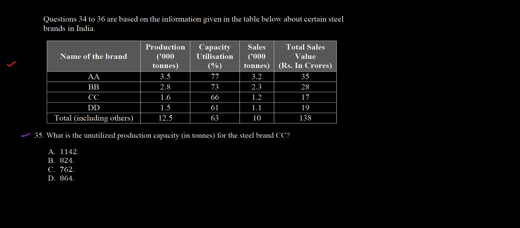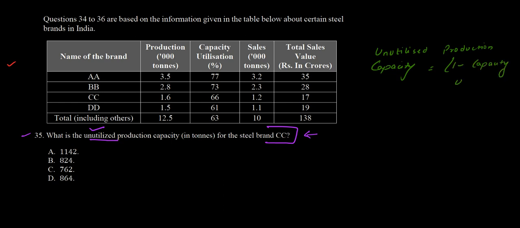Here the question says, what is the unutilized production capacity in tons for the steel brand CC? So first of all, the main keywords here are unutilized production capacity, and we need to find this for the brand CC. So how will we find the unutilized production capacity? Unutilized production capacity will be 1 minus capacity